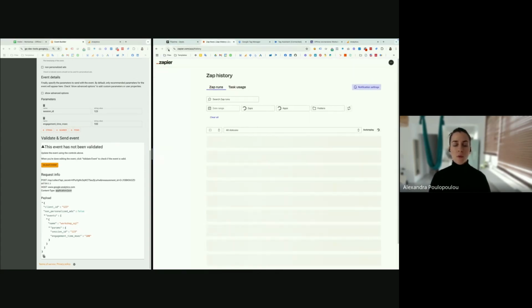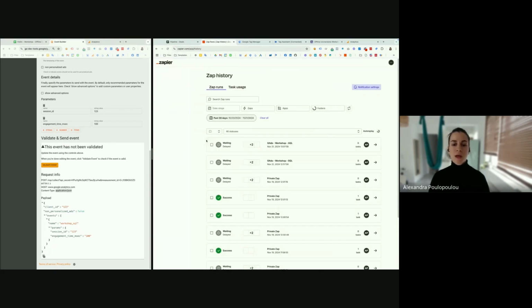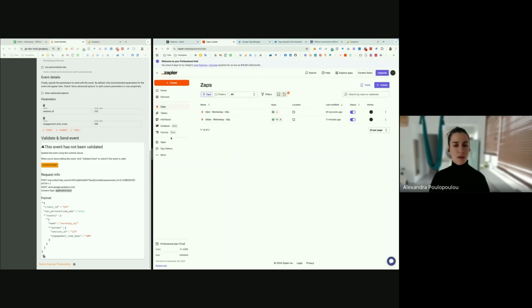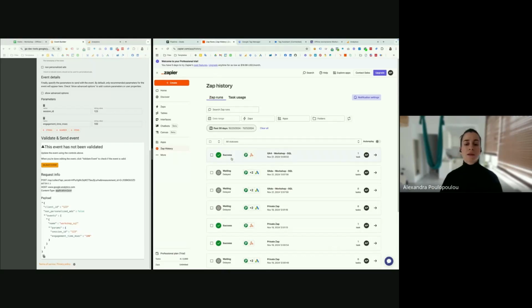This should give it some time. It should trigger a successful Zapier. Let me just refresh it. Yes. And we have a successful offline event sent to GA4 through this app.